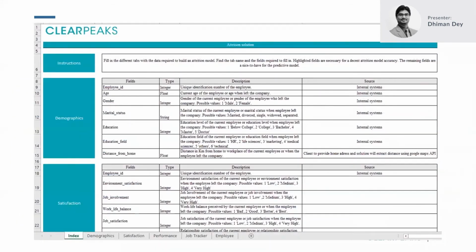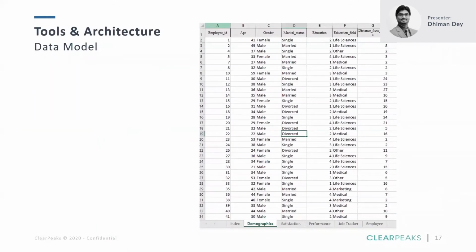So this is the structure of the data model that we have, for ease of use and ease of onboarding. We have given you the model in an Excel sheet. As you can see, there are multiple sheets for each of the aspects of data that we are capturing. The first page explains the attributes in detail. Going forward, you can see a sample data set that you can bring in from your own organization, and just give us this Excel.